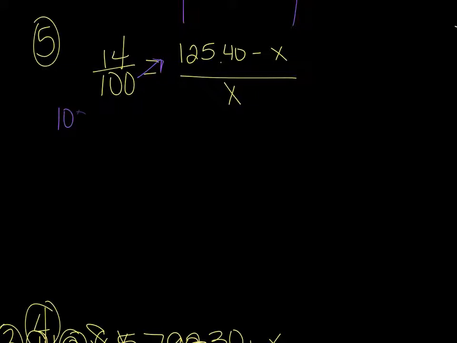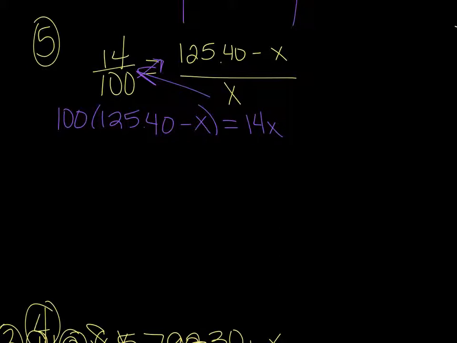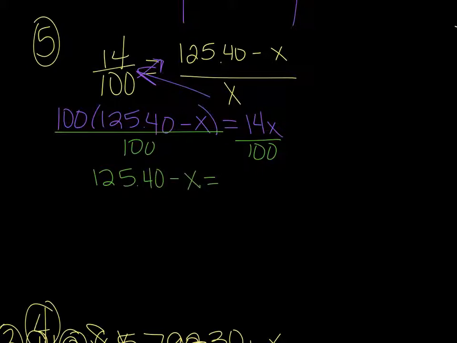So I have 100 times 125.40 minus X, which should be equal to 14X. Once again, I don't care if you distribute the 100 or if you divide by the 100. I'm going to work this one out by dividing, because there's one thing that's just a little different. So we divide out that 100, which moves the decimal two places to the right. So I have 125.40 minus X equals